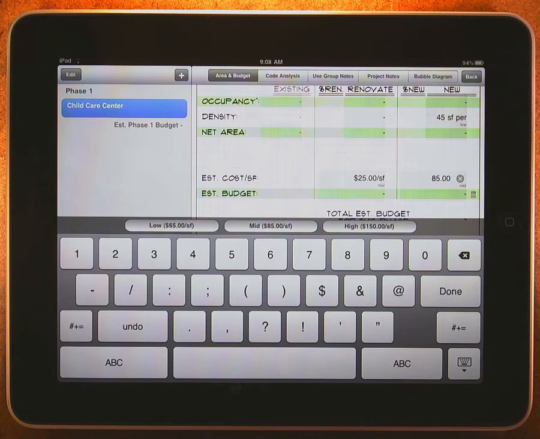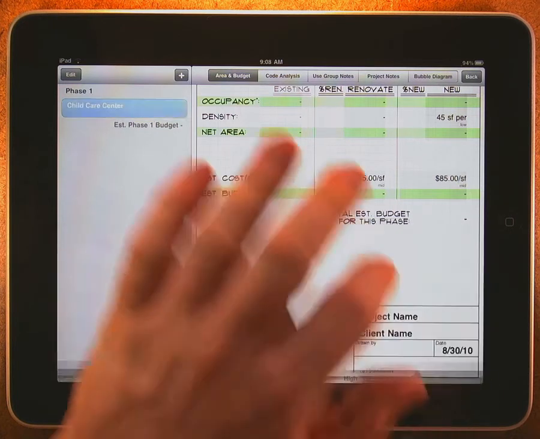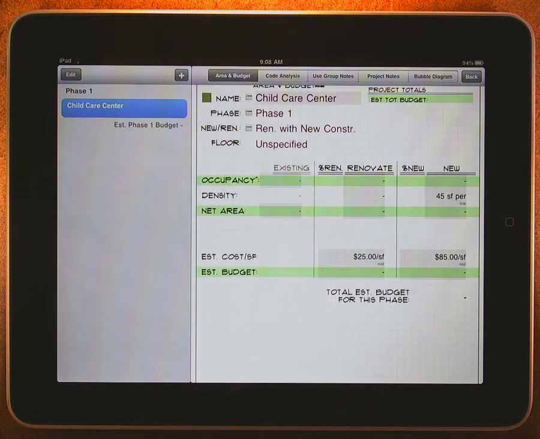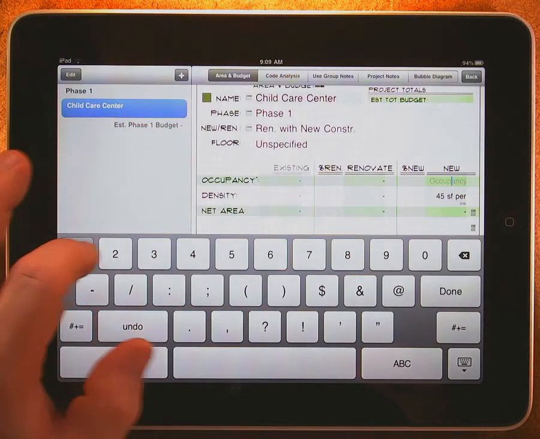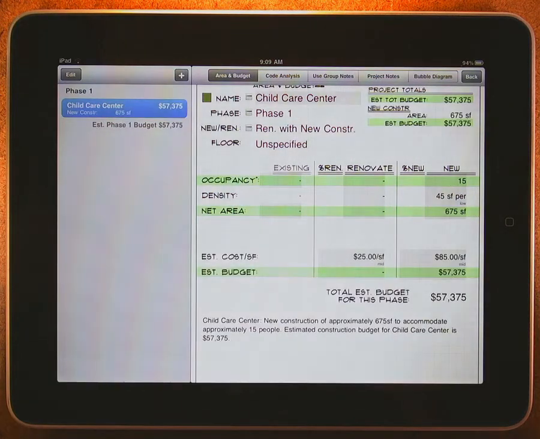So now comes the cool part. Since we've already defined density in terms of square foot per occupant and quality in terms of cost per square foot, all we need to supply is the expected occupancy. So let's say our client wants to accommodate 15 new infants in this new addition. So I'll put in an occupancy of 15